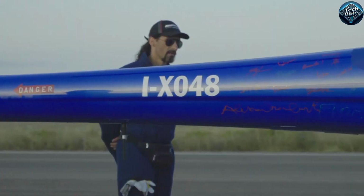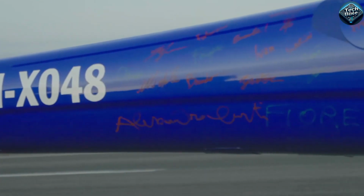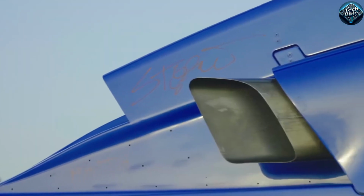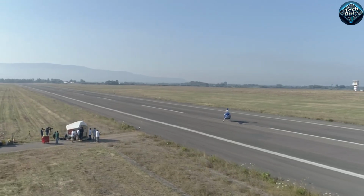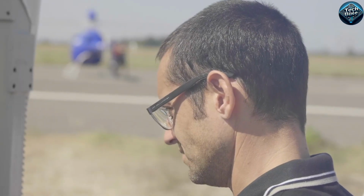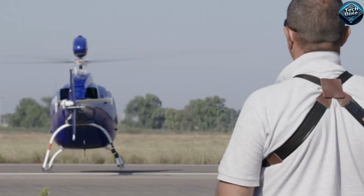Introducing the Zefhir helicopter, the world's first helicopter equipped with a life-saving parachute system. This advanced feature activates in emergencies, deploying a full-size parachute to safely lower the aircraft to the ground. Designed for altitudes as low as 100 meters, it ensures a controlled descent, drastically increasing the chances of survival during